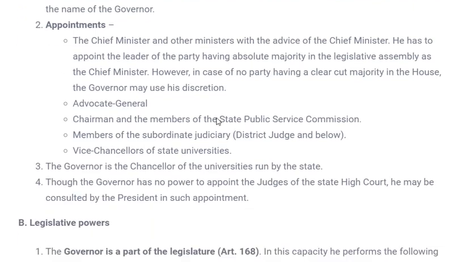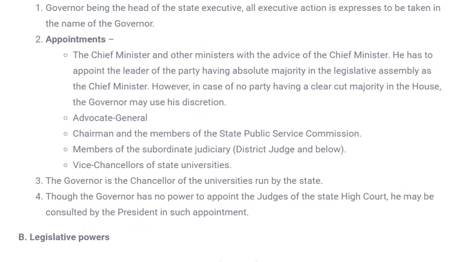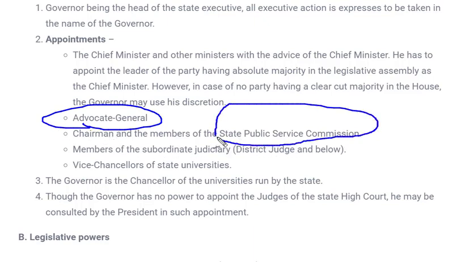The next designations that can be appointed by a governor are the advocate general, and the chairman and members of the State Public Service Commission. In the case of the president or union executive, we saw that it was the Union Public Service Commission, UPSC, but at state level it is the State Public Service Commission. You know these bodies very well. They are responsible for conducting the administrative exams of the state or country. UPSC conducts the IAS examination, whereas the State Public Service Commission conducts the state service examination.